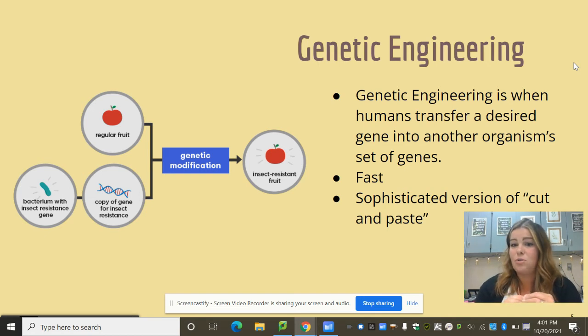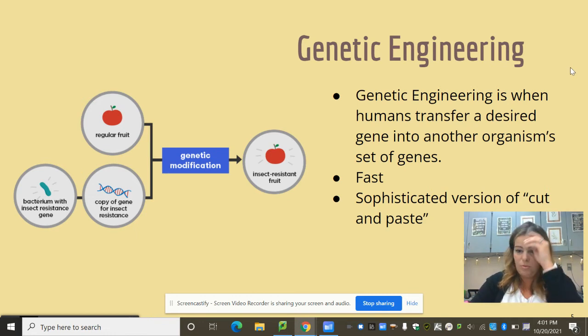Now this does have to happen when it's an embryo, right? It can't be a developed organism. So our example here is with apples or tomatoes. If you want to think of our original one, you can't take an already grown tomato and put a gene into it, right? It has to be at the seed, at a very, very early stage in replication. This is a sophisticated version of cut and paste,